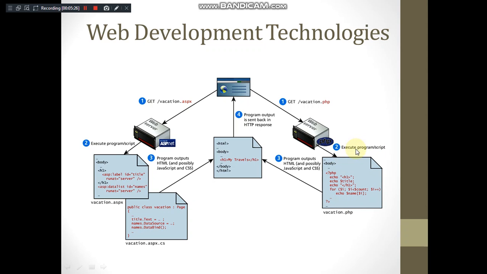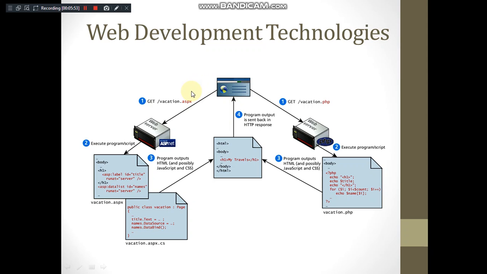So it executes the file and converts it into HTML so that it can be displayed on the client's browser. So it may also include sometime JavaScript and CSS possibly, so that it is able to be displayed on the client's browser. So this you can observe, this got converted into pure HTML and that is displayed here.